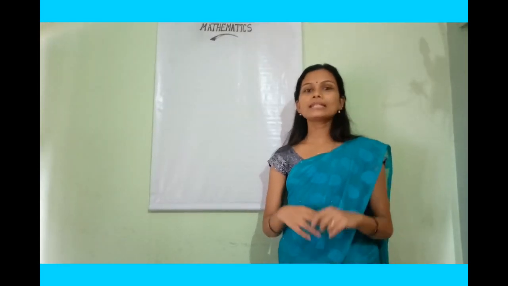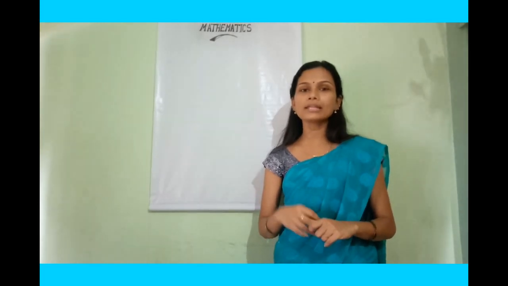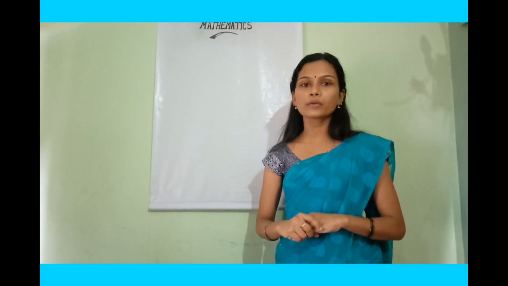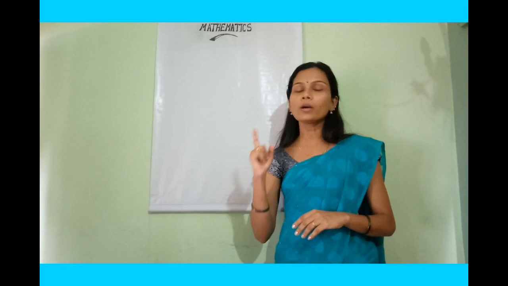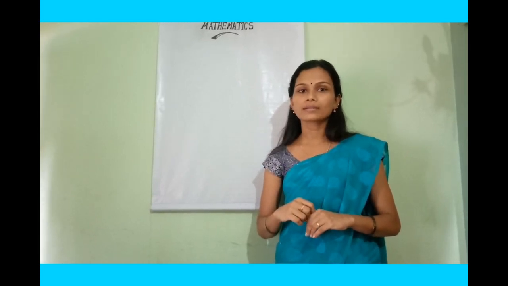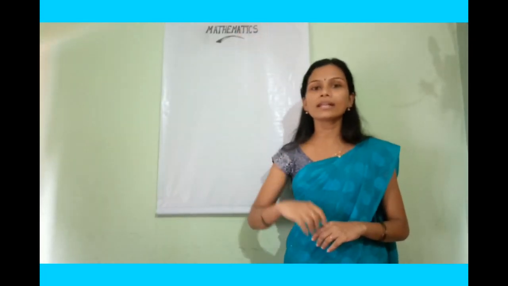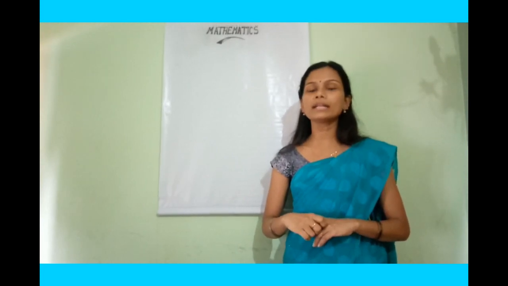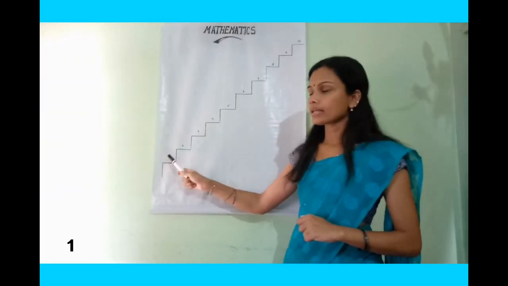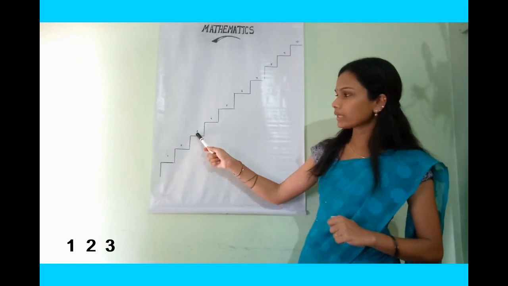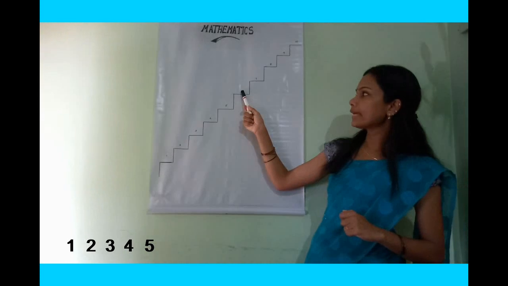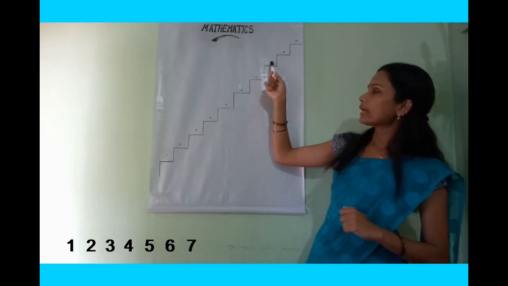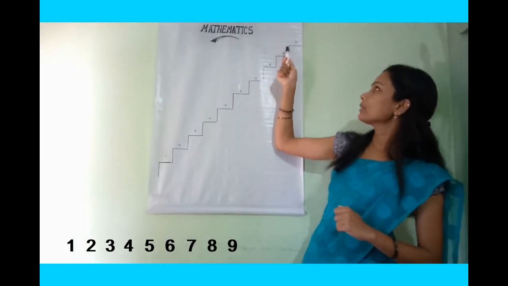Dear children, listen carefully. Now I am going to narrate a small story. One day, Niku the dog was searching for food. He saw a piece of bone on the top of the staircase. It climbed up in a hurry. The number of steps were written as 1, 2, 3, 4, 5, 6, 7, 8, 9, 10.